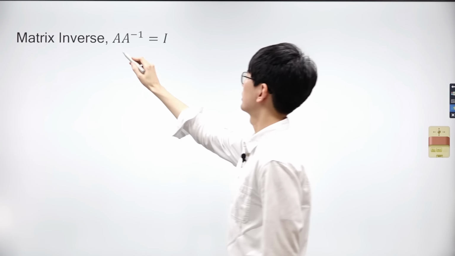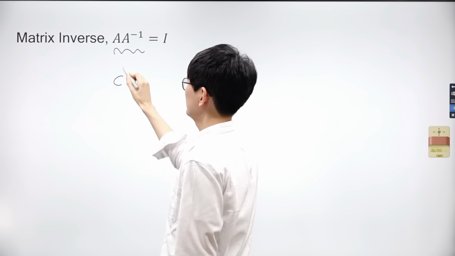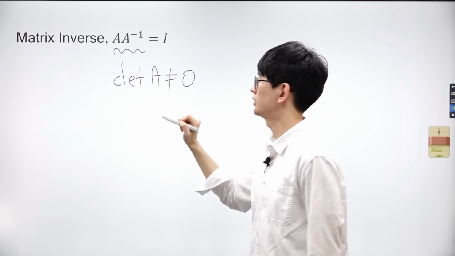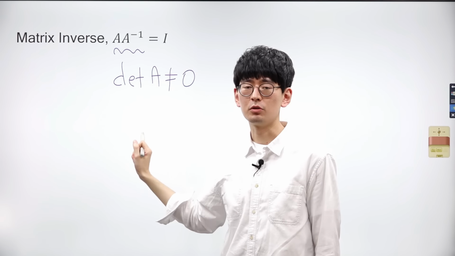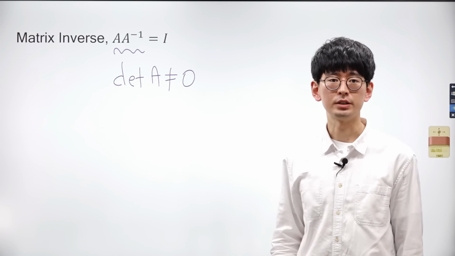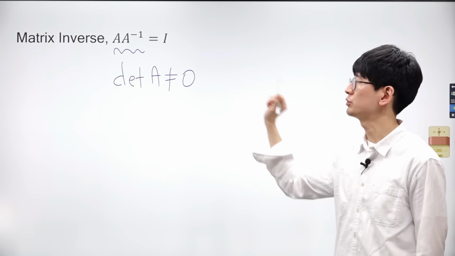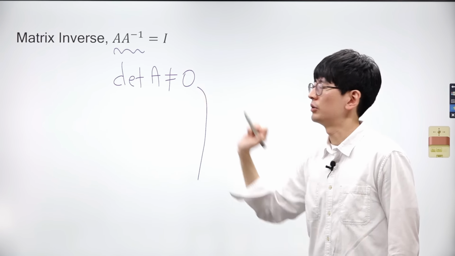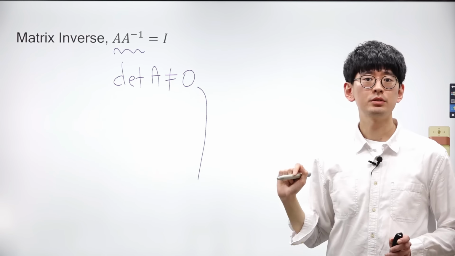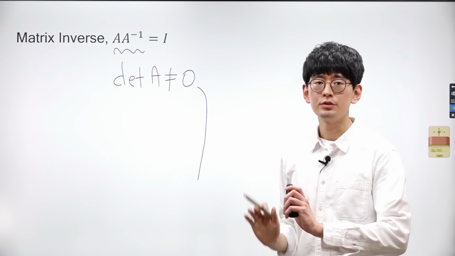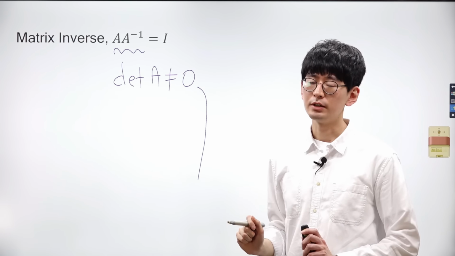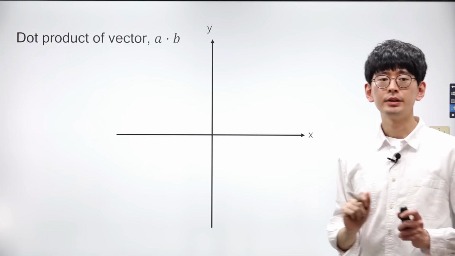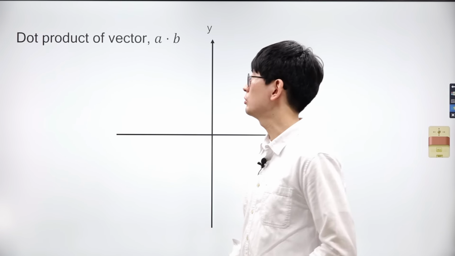Now, let's explore the condition for the existence of an inverse matrix. This condition is that the determinant of the matrix must not be zero. This implies that every vector in the matrix is linearly independent, making the matrix a full-rank matrix. Earlier, we learned about the relationships between linear independence, the rank of a matrix, and the existence of the null space. Now, we understand the connections between the existence of an inverse matrix and these conditions as well.